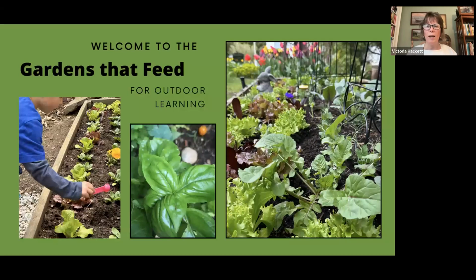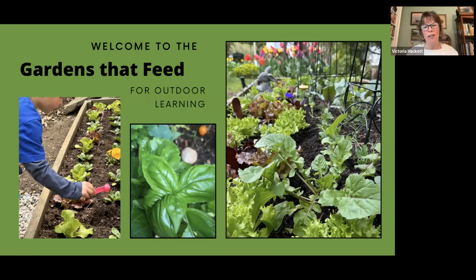And so with that, I've created 4 different types of gardens. This is a really fun and interesting way to look at your landscape, your outdoor space, your outdoor classroom, in such a way that it becomes a space where we have several learning gardens. So think of these 4 types of gardens as learning and teaching gardens.